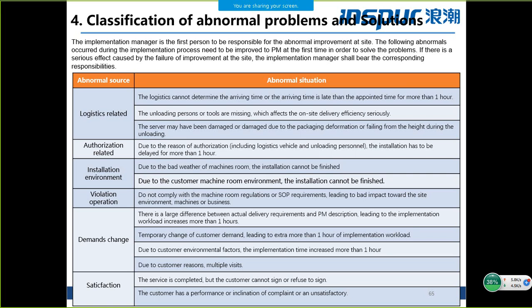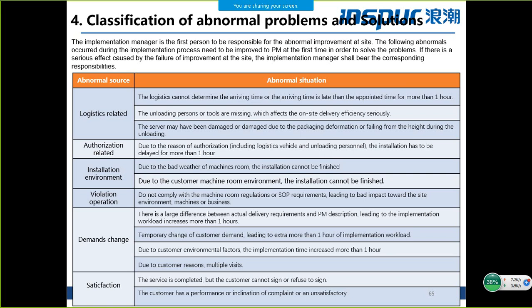The following abnormalities occurring during the implementation process need to be reported to the PM first, in order to solve the problem. If there is a serious effect caused by the failure of improvement at the site, the implementation manager shall bear the corresponding responsibilities. For example,